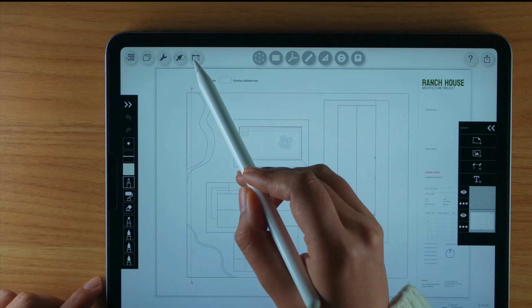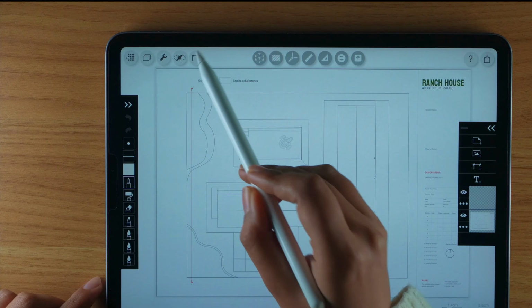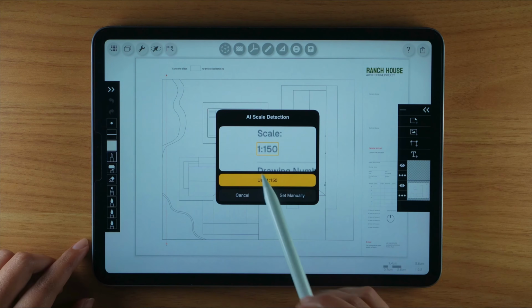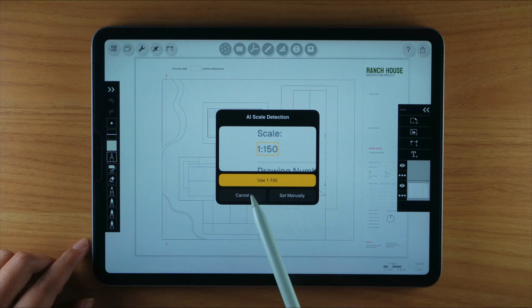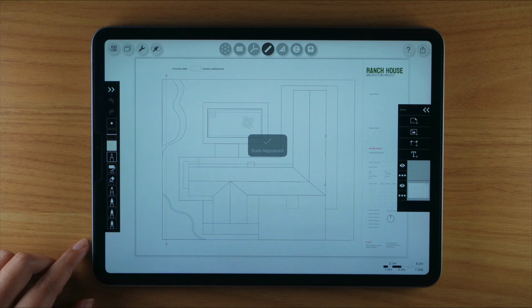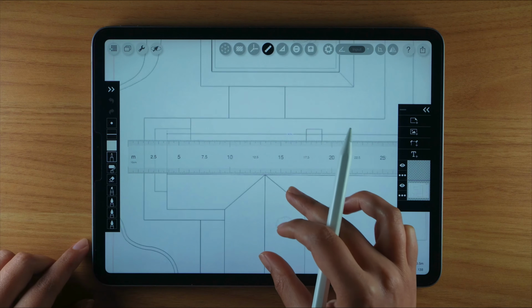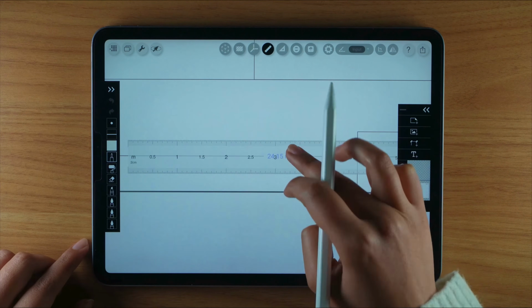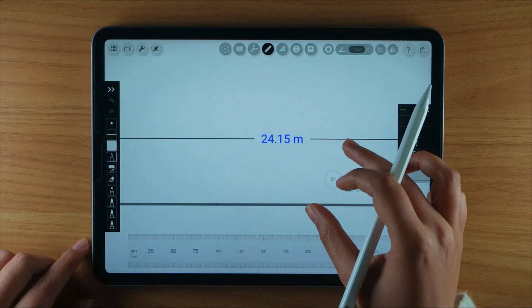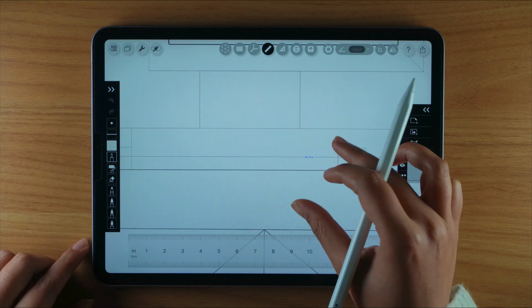At the top, you will notice the AI scale feature. I'm going to tap on it and as you can see, it has automatically detected the scale. I'm going to use 1:150, which is the actual scale of this PDF, and apply it. So, I am not setting the scale manually. To check if the scale is registered correctly, you can see the dimensions here,